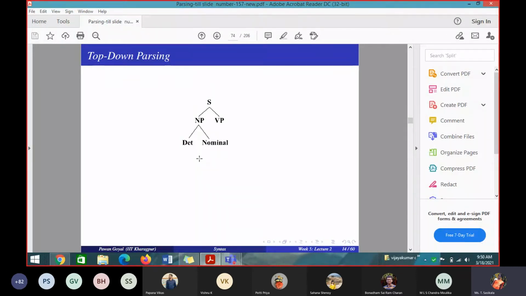Next, NP gives. What is the third combination? NP gives determiner nominal. So determiner gives book. Not there, ma'am. Not there because my first word is book. Whether determiner is deriving book, not there. So this is also not correct. So this path is not giving book. Next I am starting with S gives auxiliary NP VP. So is auxiliary giving book? No, ma'am. So that is also wrong. If the first word book is not derived, then it is wrong. Without that, I cannot go to NP and VP and I cannot give auxiliary as null. So that S also will not derive that.